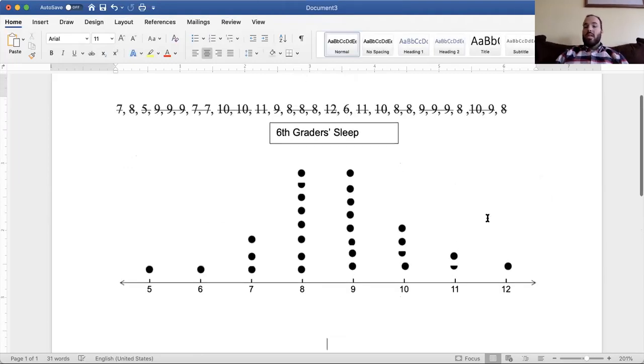Okay, so this dot plot gives me information about how many hours of sleep. We could say, if I were to ask you, oh, how much do most sixth graders sleep? You'd look at this and say, oh, easy, either 8 or 9 hours. So one kid gets 12 hours, one kid gets 5 hours, but most kids are getting between 8 and 9 hours of sleep. So this is just a display that allows us to see a little bit better what all